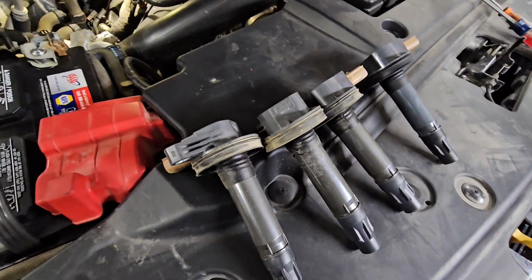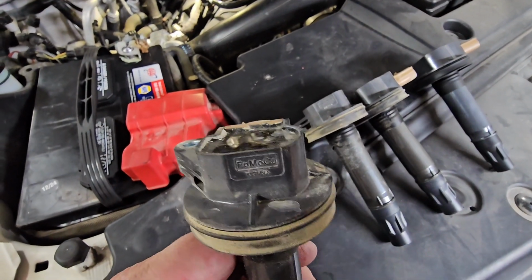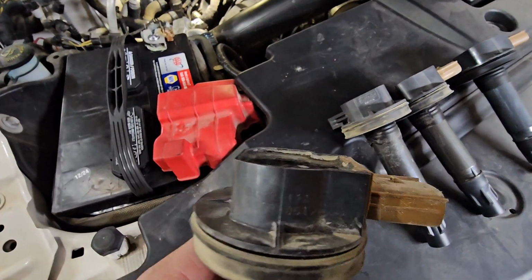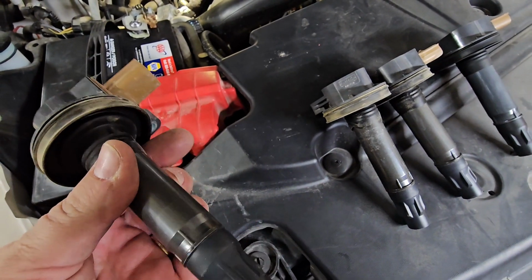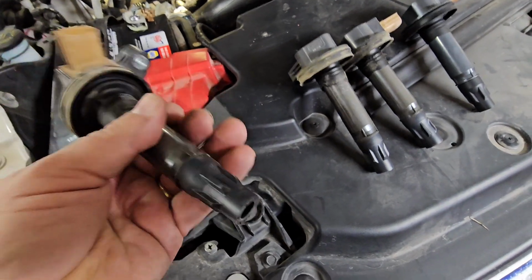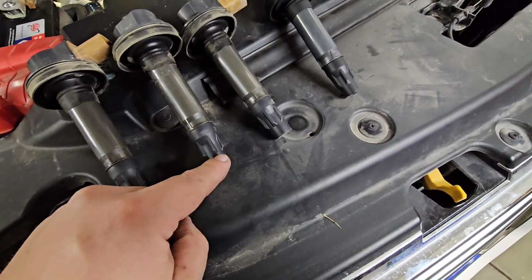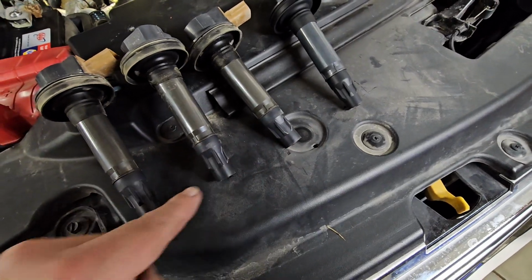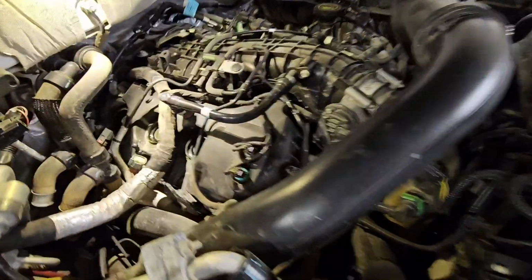Alright, got the 3 out of the passenger side. Everything looks great. Fomoco. These are the originals that came out, which is good. It means nobody's been in here having to change stuff. The one important thing to note is make sure that the ends of the boots aren't soaked in oil, because